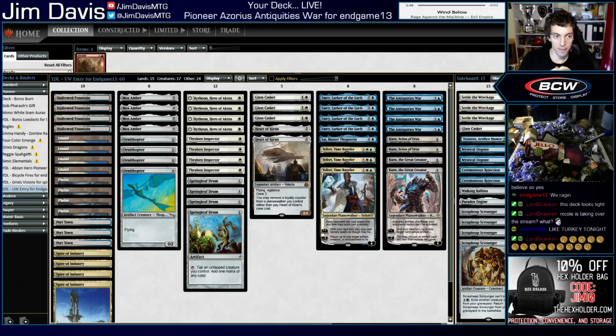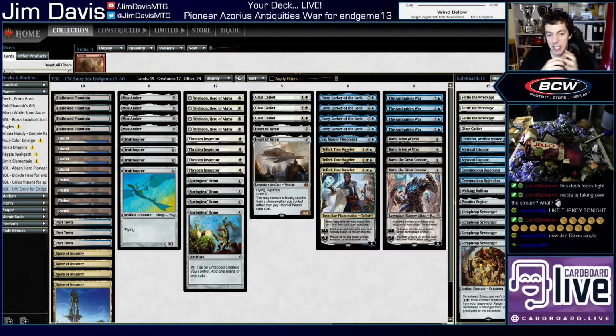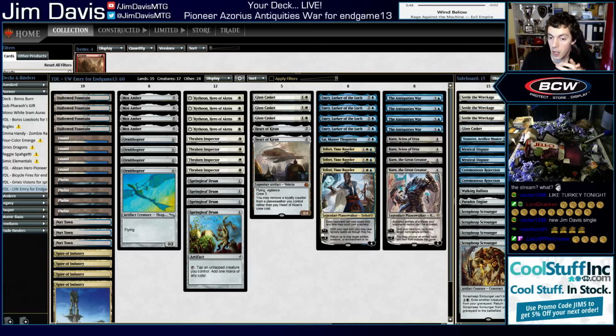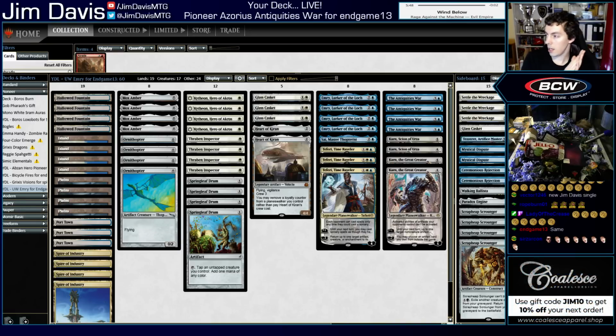We got a fun one here. We got kind of like an Emry Antiquities War artifact synergy deck for Endgame13. We're playing some Pioneer, and a lot of cool stuff happening here. I've been trying to figure out the artifact deck in Pioneer almost since Pioneer's inception. I've gone through a lot of drafts of different artifact decks. You've played a number of them, some involving paradoxical outcomes, some involving more aggressive stuff, and I'm interested to see